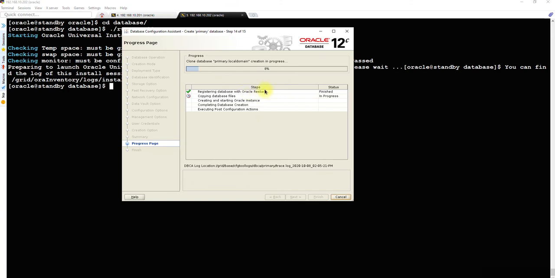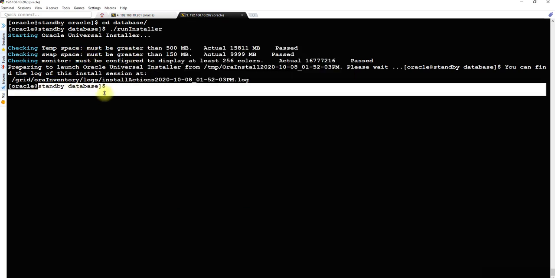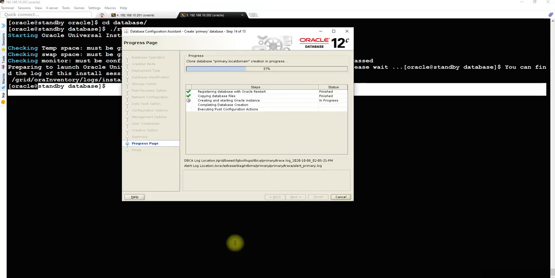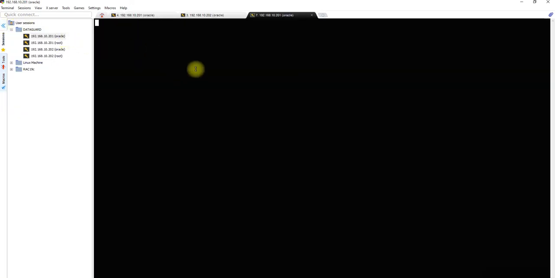I will show you, because currently this is automatic on the primary server, because this particular tool is taking care of everything. It is first registering the database, whatever database is being set up here, automatically using the srvctl utility in the background. But after the duplication on the standby database, when we do the RMAN duplication, you will see that the database has not yet been registered, and for that reason you need to run the srvctl utility on the secondary and register the database. I can actually show you now.